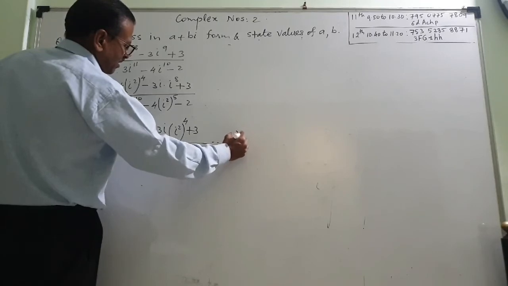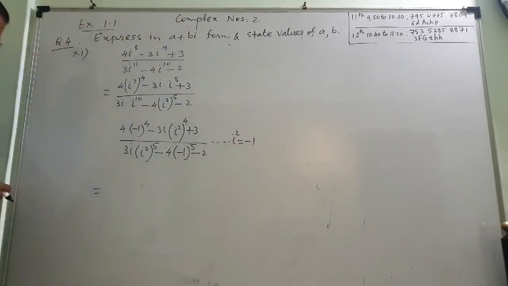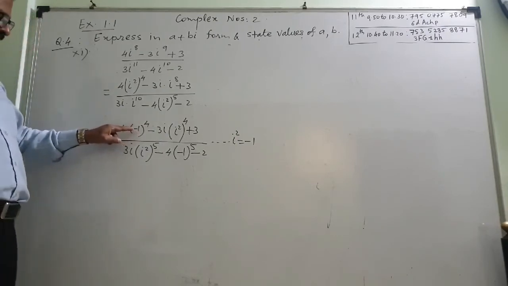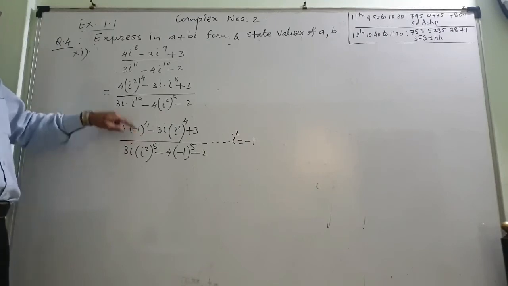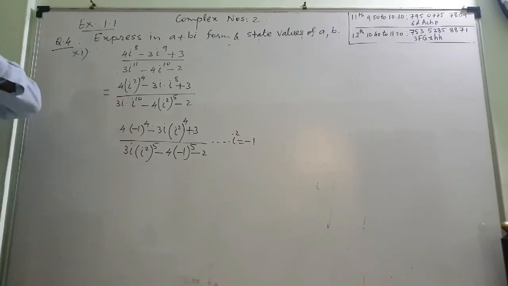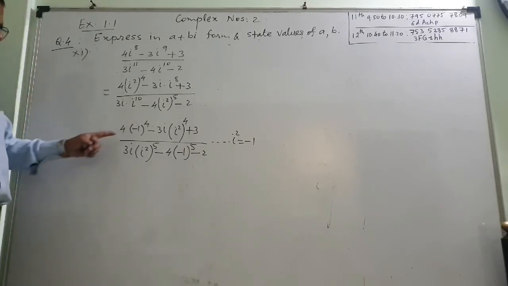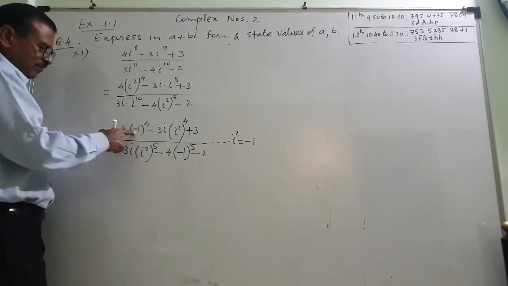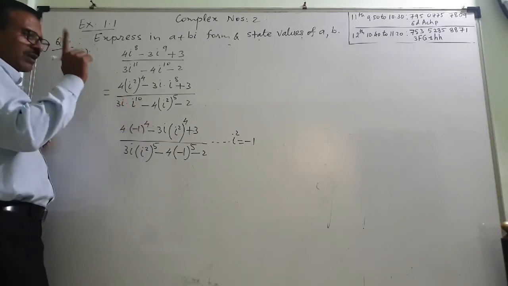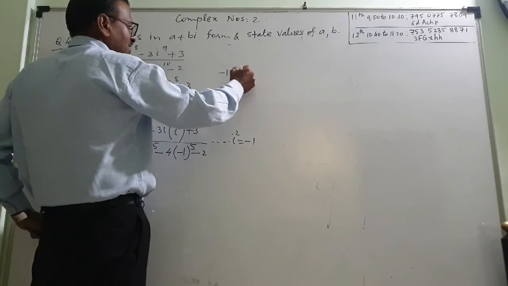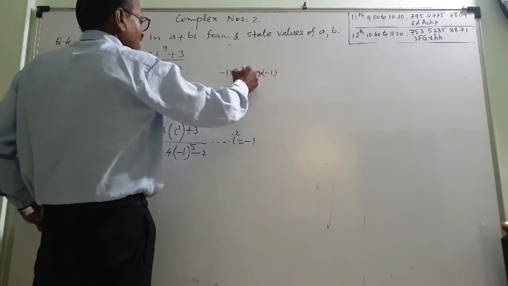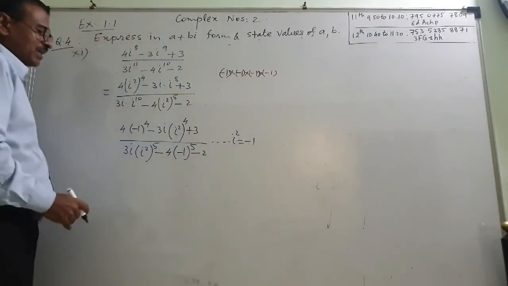Here i square equal to minus 1, that I have kept. So this is minus 1 raised to 4. Minus 1 four times will be positive. 1 into 100 times you do, it will be 1 only. So minus 1 raised to 4 will be 1. Minus 1 into minus 1 into minus 1 into minus 1, all these are for even times. For even times the multiplication will be positive.